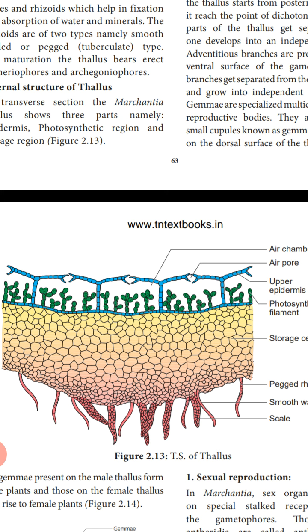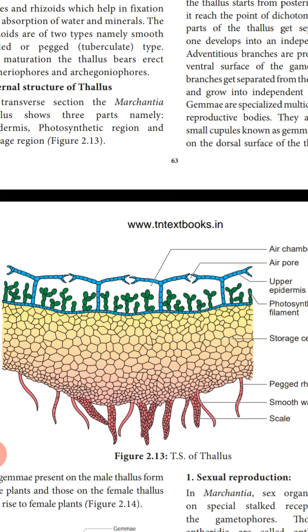Below this epidermis, there are air chambers. These epidermal cells extend to the base of the tissue, and they divide the dorsal surface region into air chambers. Now inside each air chamber you can find certain vertical rows of cells, some of them branched. They contain the photosynthetic pigments. As a result, these cells are green in color.